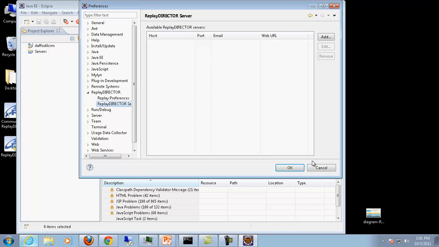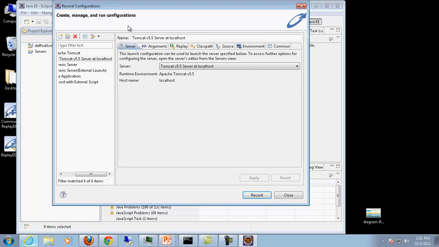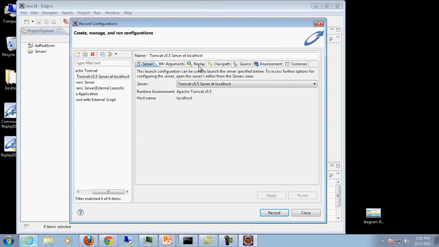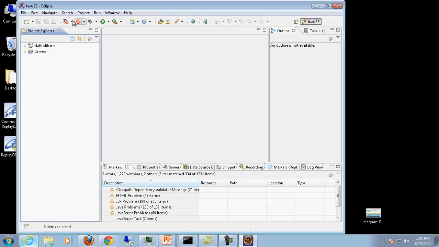Okay, so we're going to go ahead and close this guy down. The other thing that you have is, if you open up the launch configurations from the record or the record debug view, you'll see there's a new replay tab here. Here you can add different options to the command line for replay. You shouldn't need to make any modifications there, but this is the new tab that is added. Just launching anything from here is going to start your recording for you automatically, and you'll see that show up in the analyzer view,